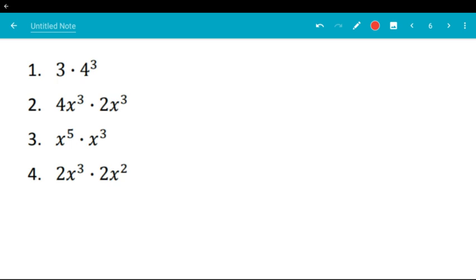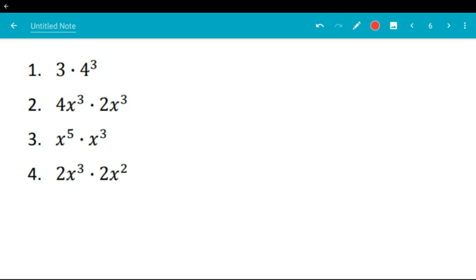But for number 1, hopefully you did not multiply 3 times 4 to get 12 to the 3rd power. You're not allowed to do that. 3 and 4 are different bases. So you actually have to do 4 cubed first, which is 64, and then 64 times 3 will give you